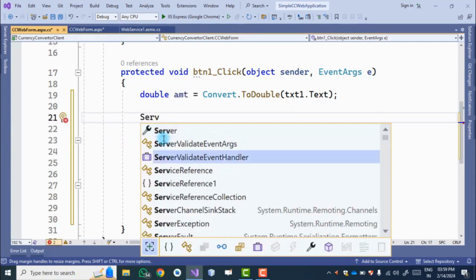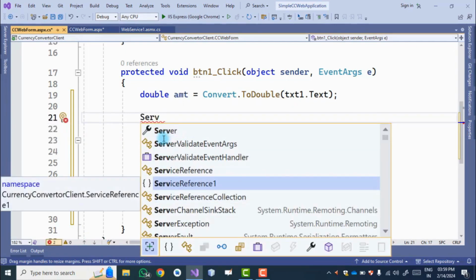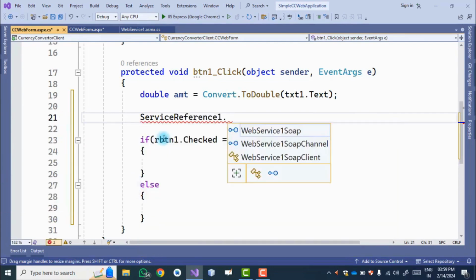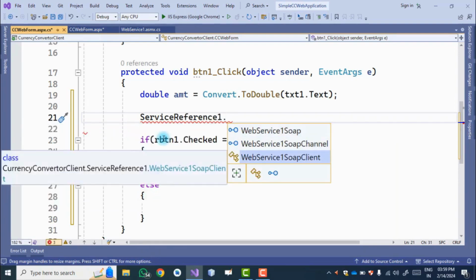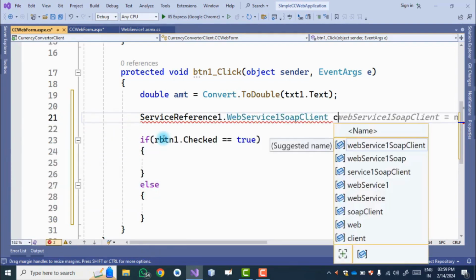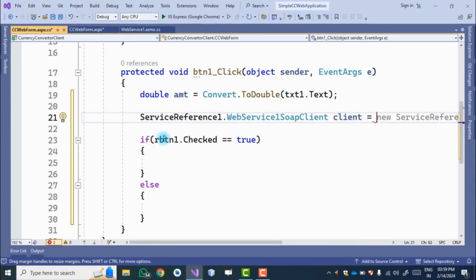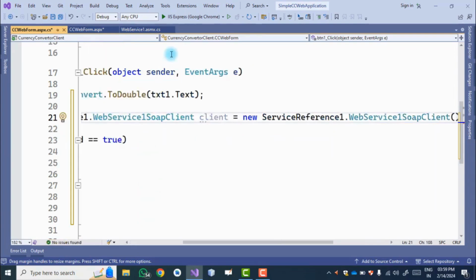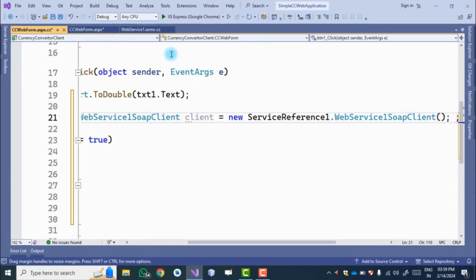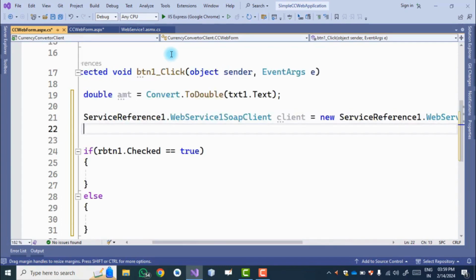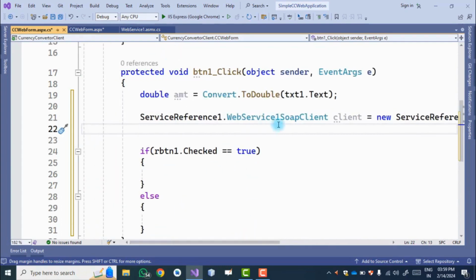As we can see, I told you the name of the service reference is this, then dot, go to the third one, WebService1 SOAP client, then give this object the name client equals new ServiceReference1.WebService1SoapClient. So now this is the syntax to create a web service object. With the help of this client object, I can call the methods of the web service.